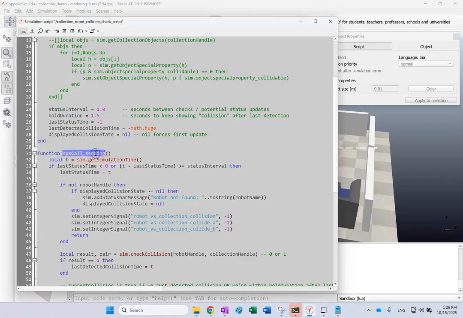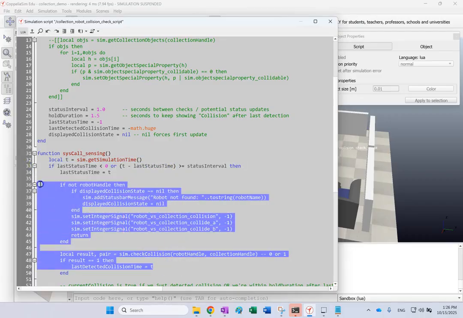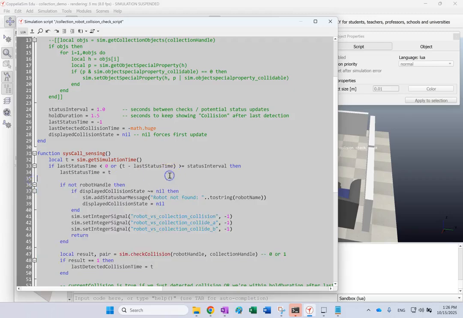Now, in the sensing, what do we do? We need time because we need to see how much time has passed. So we update. And this is that part that, if so much time has passed, then it updates. But this is the major part that checks the collision. So what is this part? First of all,